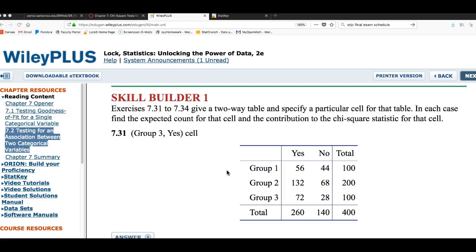Hello, I'm looking at a problem from the chi-square test for an association between two variables. This is section 7.2 in the Lock 5 textbook, second edition, and I'm going to look at homework question 7.31 from that section. This is the section where we use a chi-square statistic to test whether there's an association between two categorical variables. In this video, I'm just going to go ahead and compute the actual data using